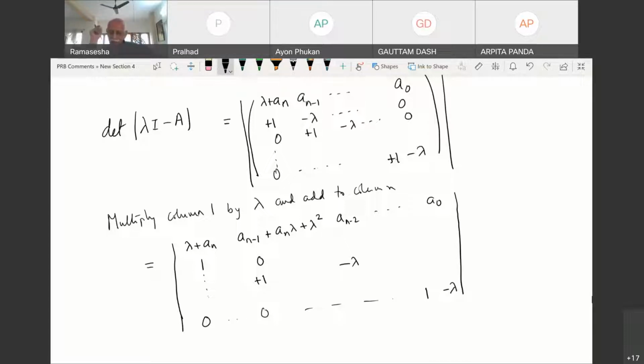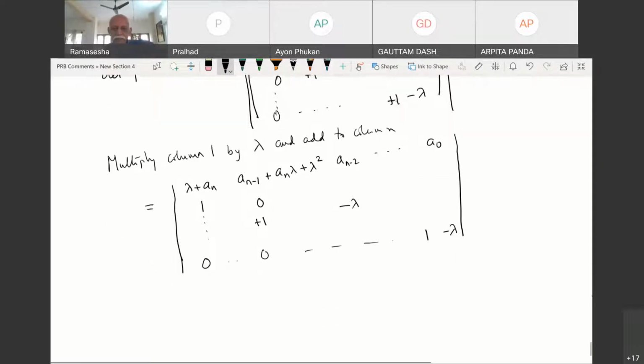Okay, so what I have done is lambda times lambda plus an is an lambda plus lambda square, and I have added that to an minus 1, and similarly I have multiplied this one by lambda and added to that one, so that goes to 0. Okay, and then let me continue in the same fashion. So what I will do next is the following: